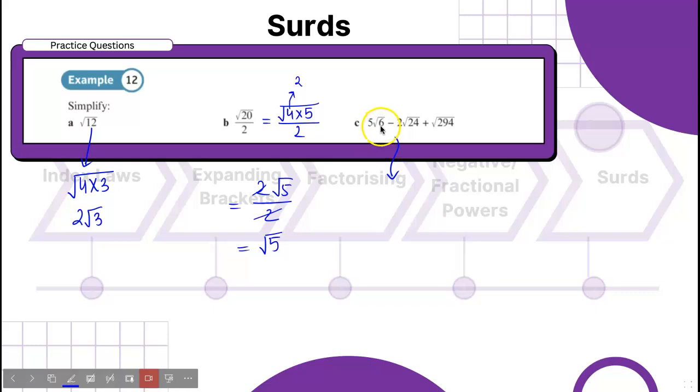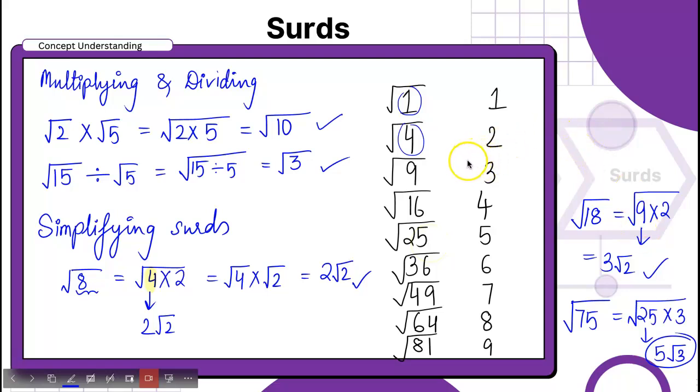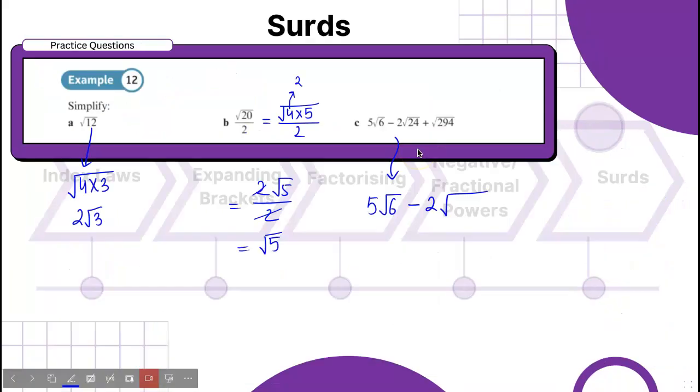C part. Root 6 is basically 5 root 6. Root 6 has two factors, 3 and 2, and none of them is a perfect square. So we're going to keep root 6 written there. Minus 2 root 24. Just think of the perfect square that is a factor of 24. Yes, 4 again. Can we write it as 4 times 6, plus